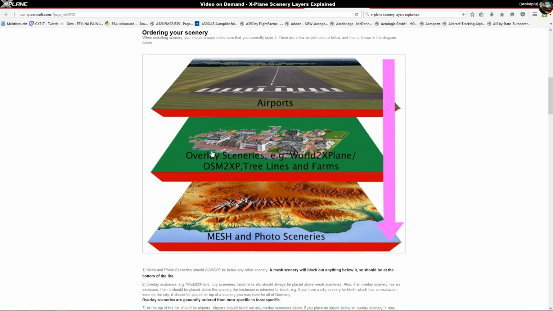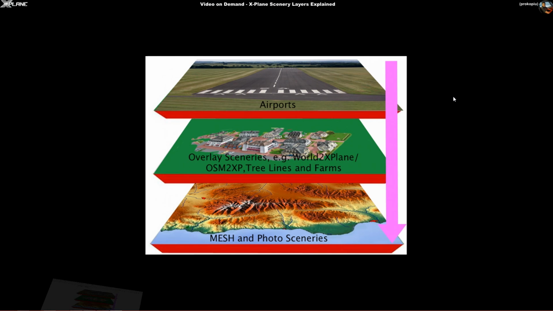But the best part of it, and that's why I'm using this, is this picture. I'm going to put the link in the show notes here. It shows you the scenery layers in Explain. All right, so that's why this page. And when we look at this image here,